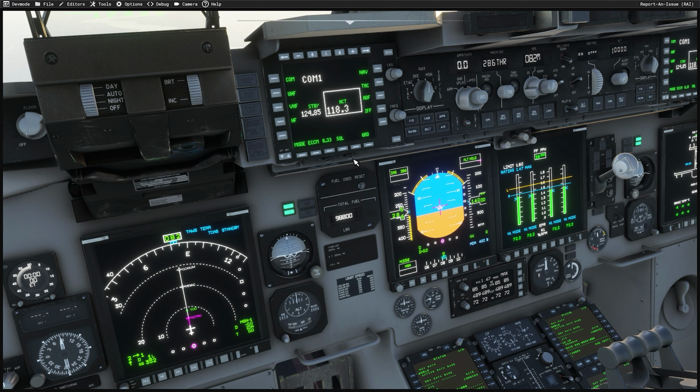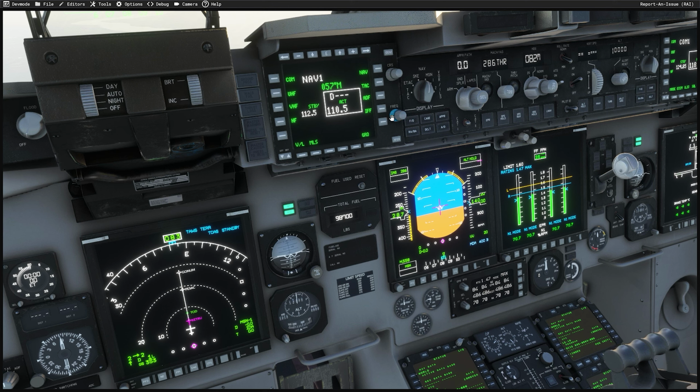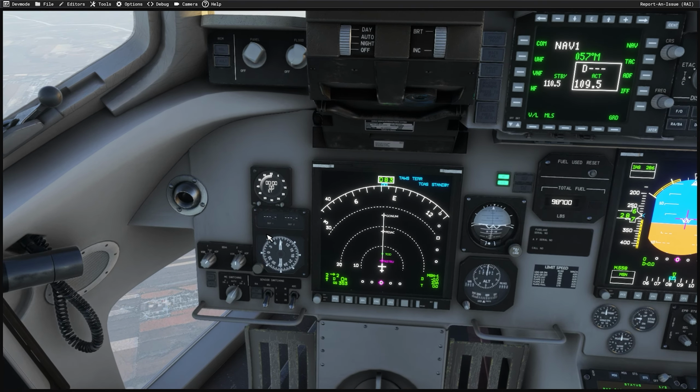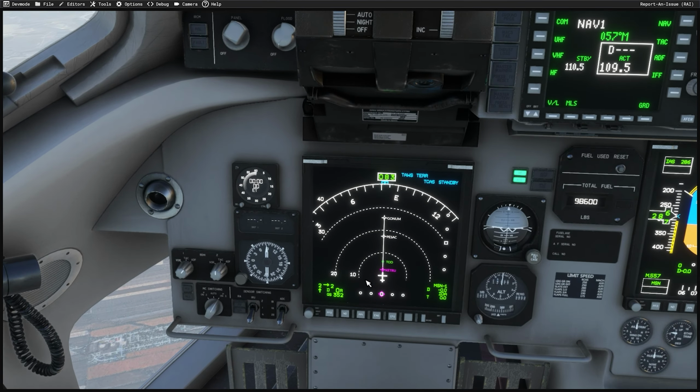So let's go to nav 057 and 109.50 transfer. She should catch the DME as soon as we are closing. Okay. So Quetrue, okay,